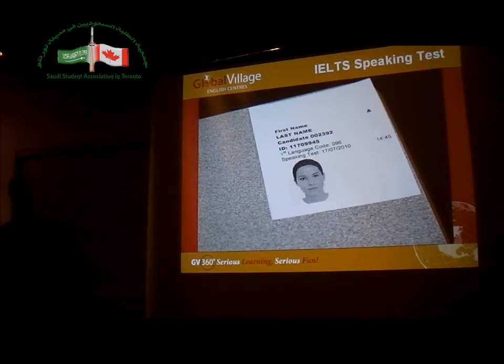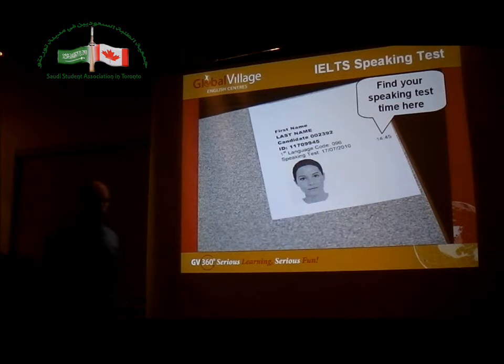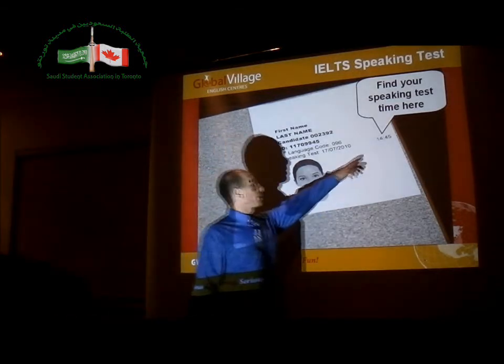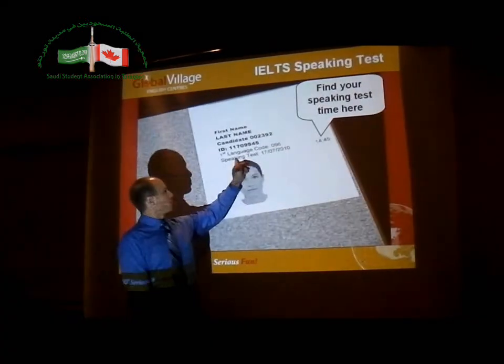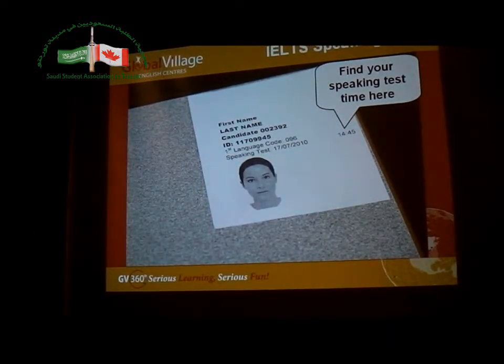Okay? And then before 2:45 p.m., you want to speak to the staff in the exam center and ask them, where do I go for my speaking test? Because you're going to go to a specific room, and they'll help you to find it. This is what it's going to look like at the test center. That's the speaking test room, and you're going to sit in the chair and wait for your turn. This tells you the room number, that's how you find it.